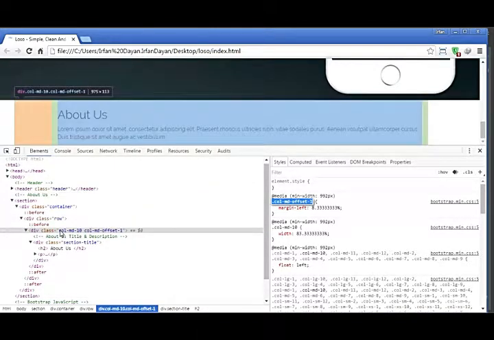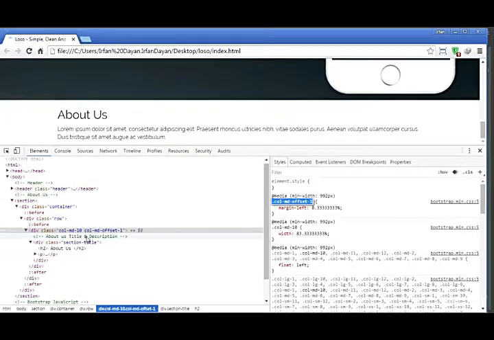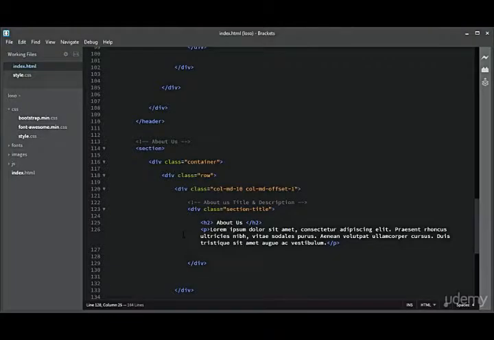Do you see this margin on the left side? So it creates some virtual columns. The column MD offset will create one virtual column on the left side. So we can push it and we can center align the row on the page. So okay, moving forward,